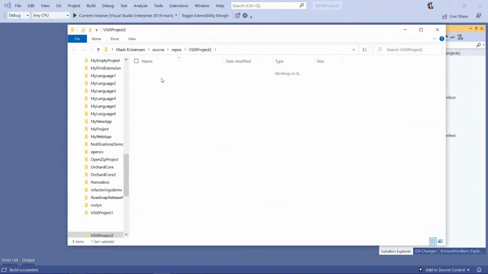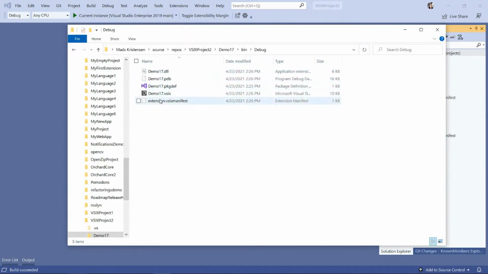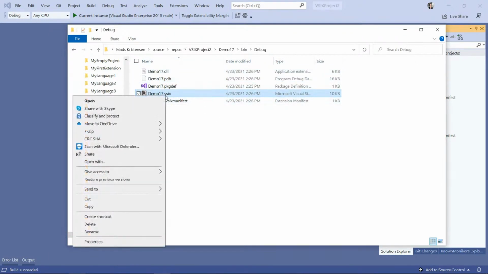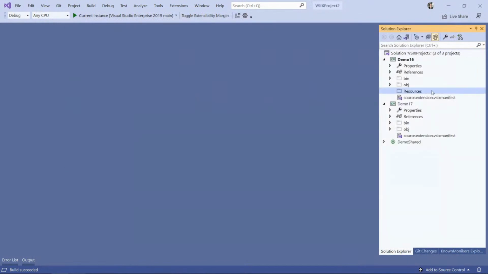Okay. So let's just look at what the output is that we got here. So dev 17. All right, we have our regular V6 here, and inside the V6 we have the content of our shared folder compiled to a DLL, and it's right there. So let me explain what a shared folder is.